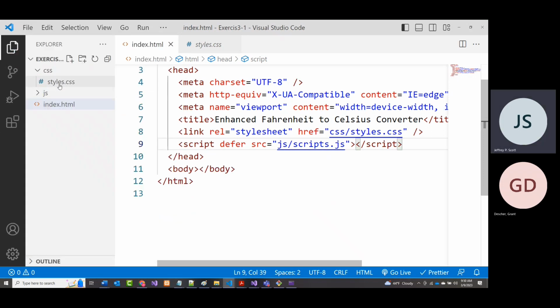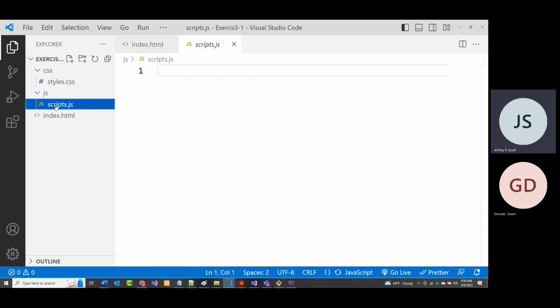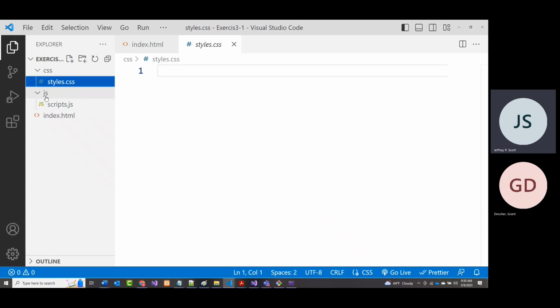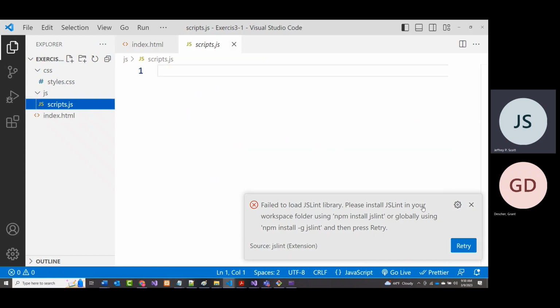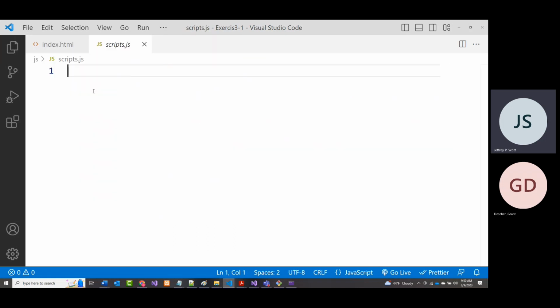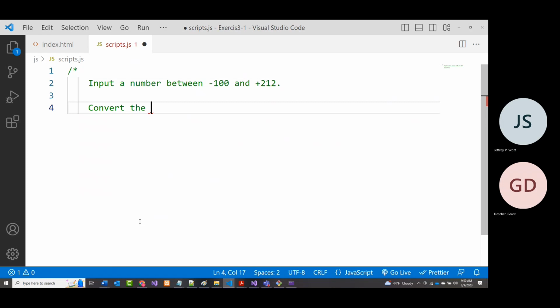Again, I'm not putting in the pretty stuff, so I'm not putting anything in the CSS file. Let's jump right into our scripts file. In fact, yeah, we said scripts, so that's good. Let's go look in this file right here and put in what we need. If we go back and look at the specs, it basically said what we want to do in here is input a number between -100 and +212,